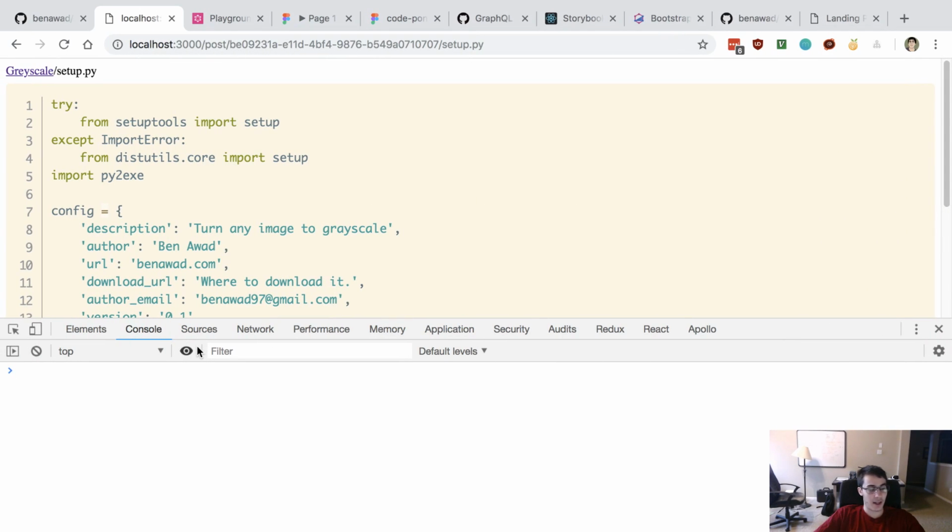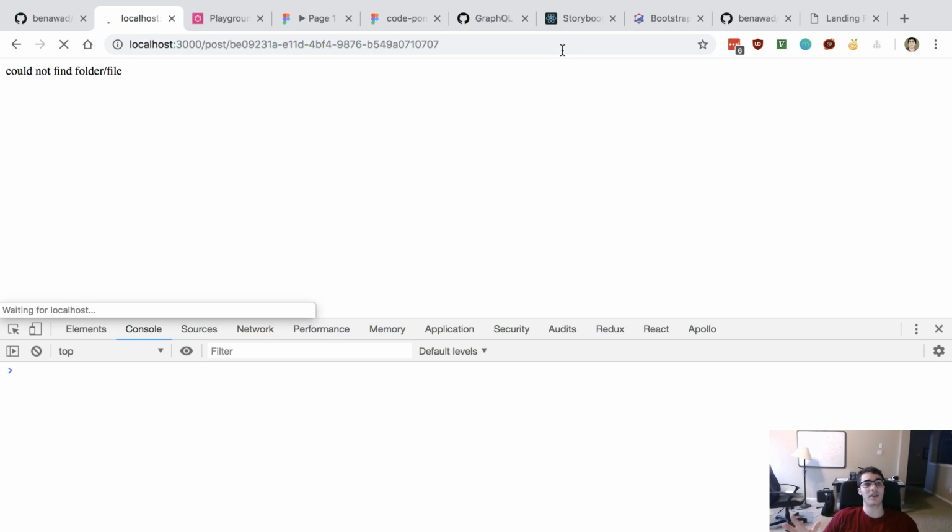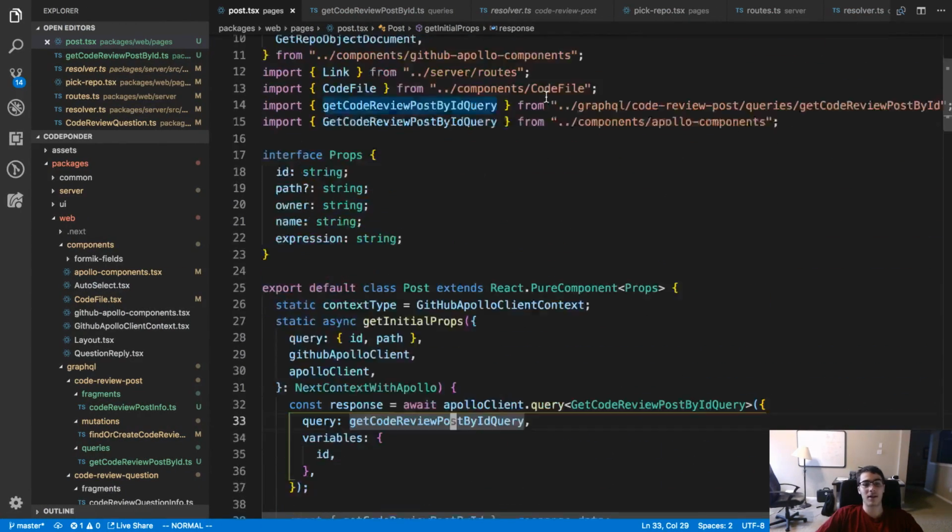All right, so now that we got this to load, I want to handle the case where things are undefined. Like, for example, this is going to be undefined because the path is undefined.